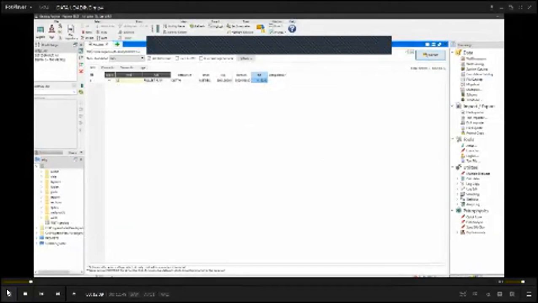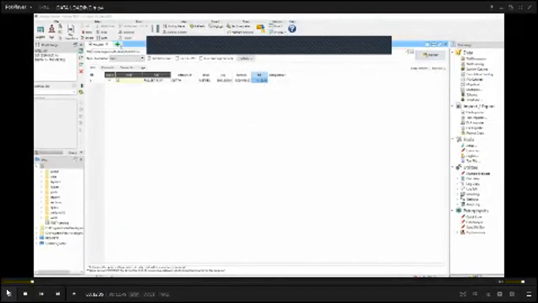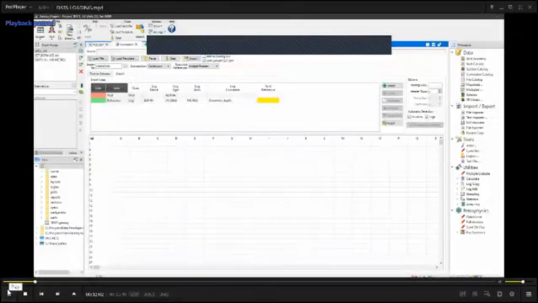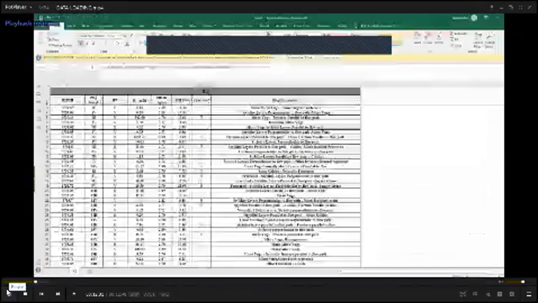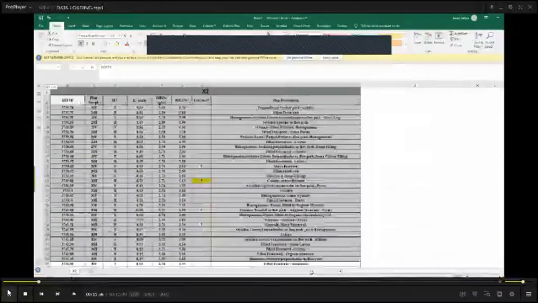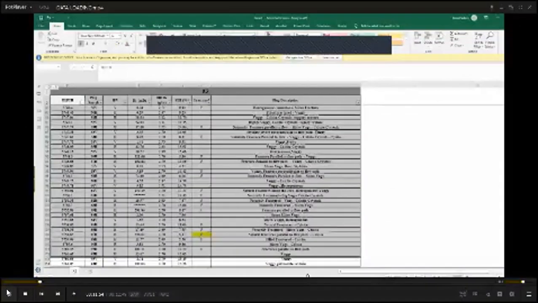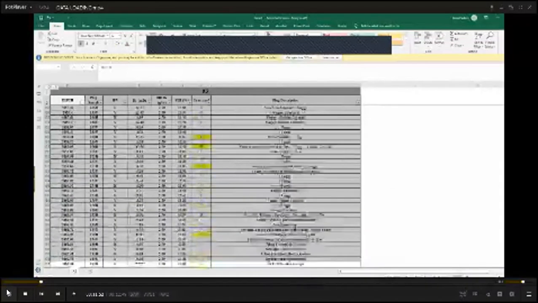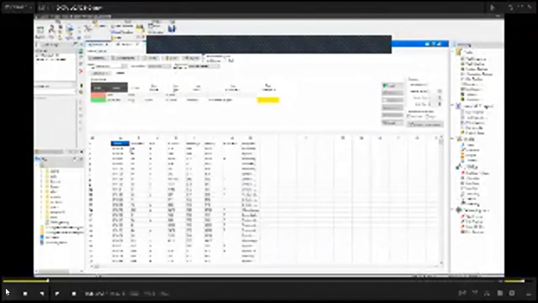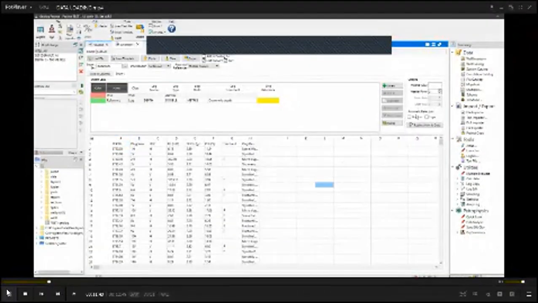And some data, such as core analysis, are present in Excel or Notepad files. This is no problem. You only need to open these files, copy the content you need to load, and paste it into the text import of Geolog.